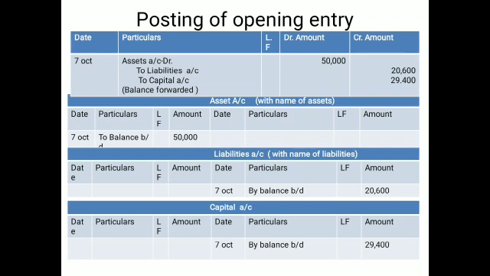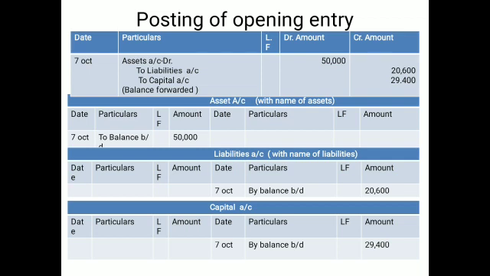So first you have to focus on the opening entry, then post the entries into the ledger. So I think this is the way to start. Sometimes the items may be related to discount, like cash discount to X. I am taking one more example here. Cash is suppose 900, and the discount is 100, and to X 1000. So here three accounts are there: cash, discount, and X. Now listen carefully. Again I am saying cash with 900, discount with 100, and to X with 1000.